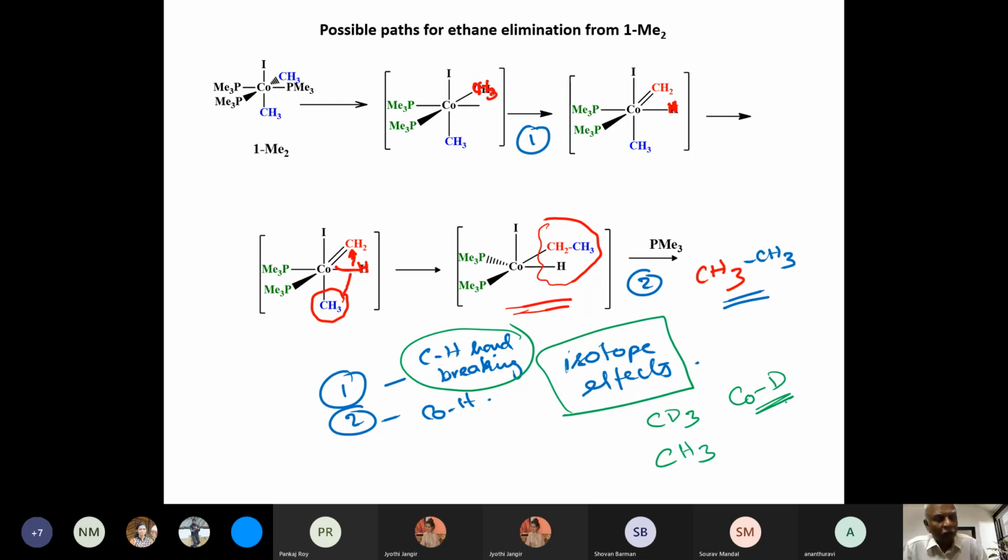So they did the isotope effect studies and they found that both rates are approximately 1:1.2. Yes, deuterium makes a difference, and the deuterium rate is about 1.2 times lower than the hydrogen elimination, the ethane elimination when there is only hydrogen in it. So what we have shown is